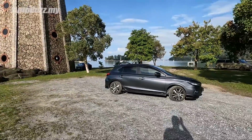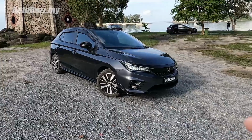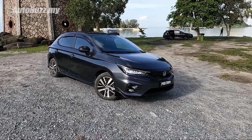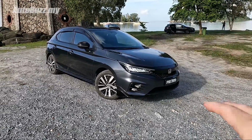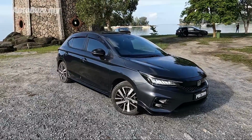But before we head on drive, let me just show you our subject of the day, which is this Honda City Hatchback. So the car for our drive these 2 days is actually the Honda City Hatchback RS variant, which is the top of the range variant with all of the sportier trims on the outside, but more importantly, the e:HEV hybrid variant. I'll talk about the powertrain in just a bit, but on the outside,